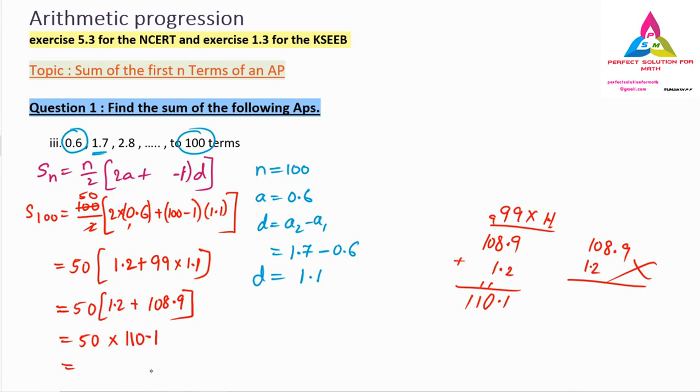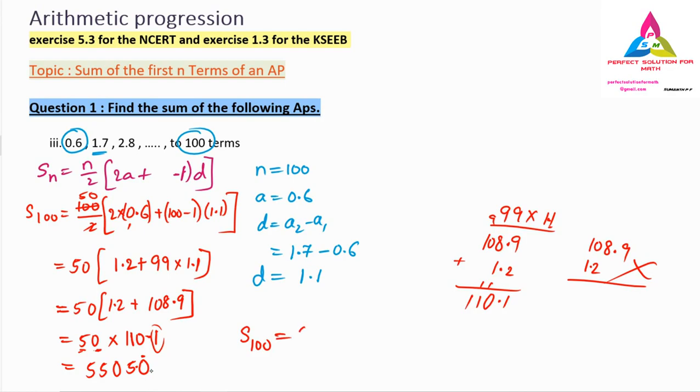What do we have to do here? Last if we have a 0, neglect the 0, and the number 5 we multiply with everything. 5 1s are 5. Don't put the point value yet. So 5 zeros are 0 wait, 5 1s are 5, 5 1s are 5. Lastly we have a 0, which I put down. This 0 I have written here. After the point, how many digits do we have? One digit. So before that one digit we have to put the point. So what is the S100?